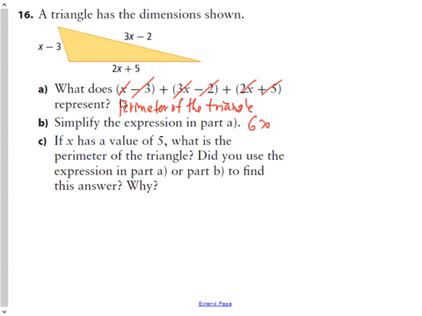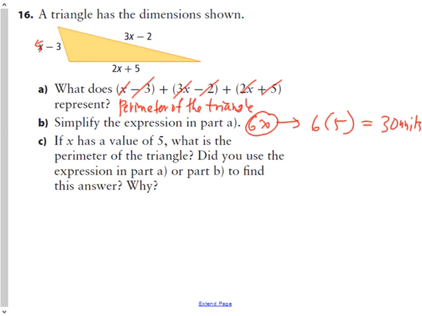And part C, if x is a value of 5, what is the perimeter of the rectangle? So there's two ways to do it. Since this is the simplified perimeter, you could substitute 5 for the x, and the perimeter would be 30 units. Another way you could do it is simply take each of the sides and substitute 5